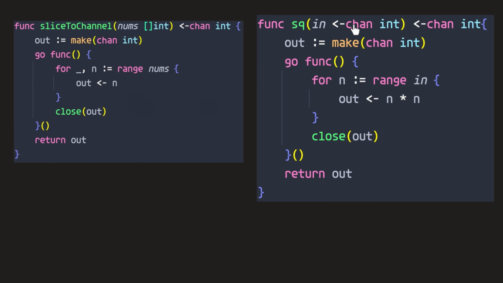And as mentioned before, this goroutine here doesn't block this slice to channel. In slice to channel, we're creating this out channel, we're shooting off this goroutine, and we're returning the channel. And then that channel gets passed into this square function. And at that point, we're creating a channel here as well, an out channel. Then we're firing off this goroutine, and then we're returning the out channel, which is later on printed by our